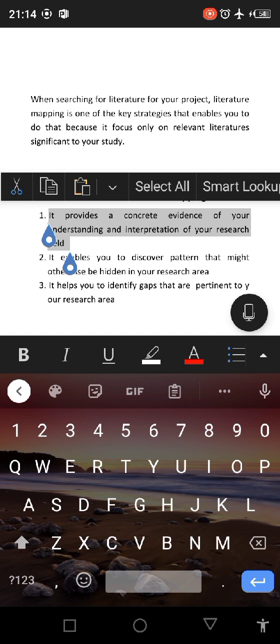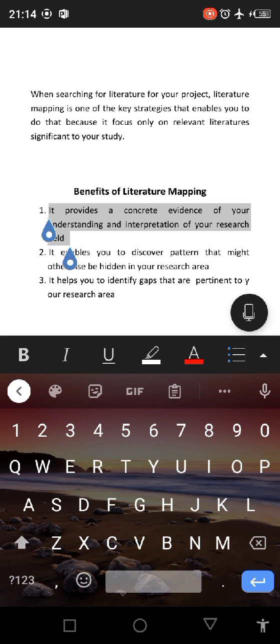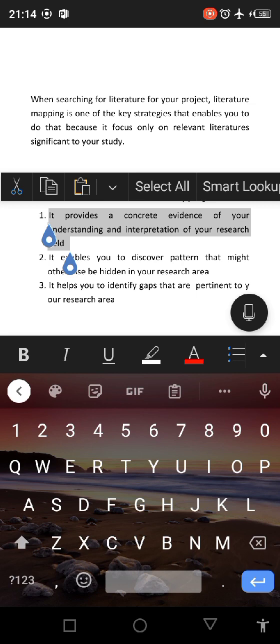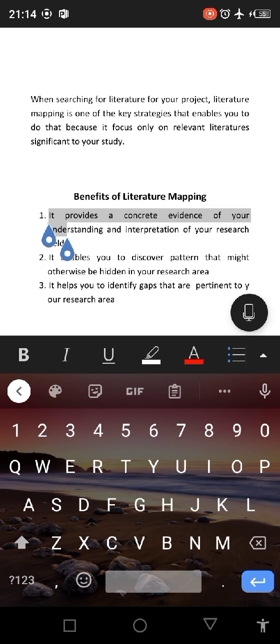Then after that, you download and evaluate the information in those journals by putting them in a table, a graph, or a diagram. You understand? Under different kinds of headings for you to evaluate them, interpret them, and then make a sound decision that, yes, you are going to include this in what you want to work on. Okay, so if you've forgotten, please go through our journal downloading series video again so that you can refresh your brain. Okay, let's return to the business of the day, the benefits of literature mapping.